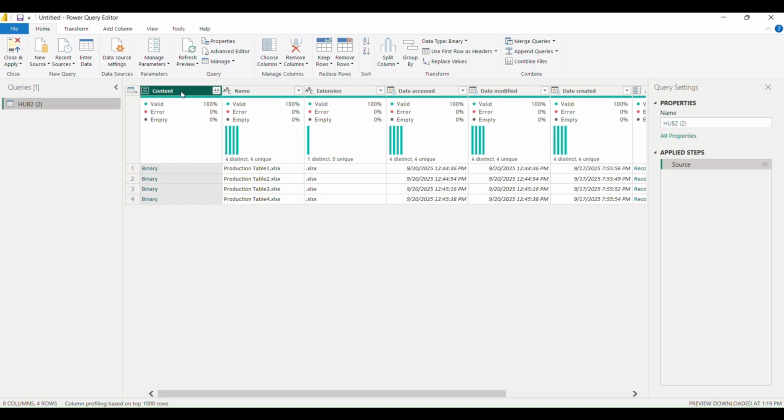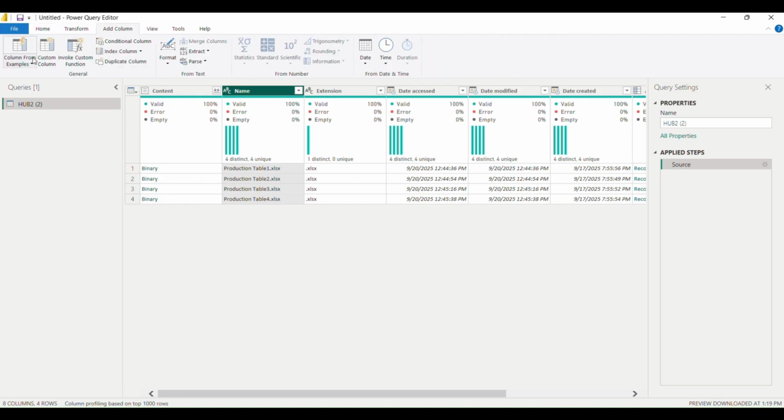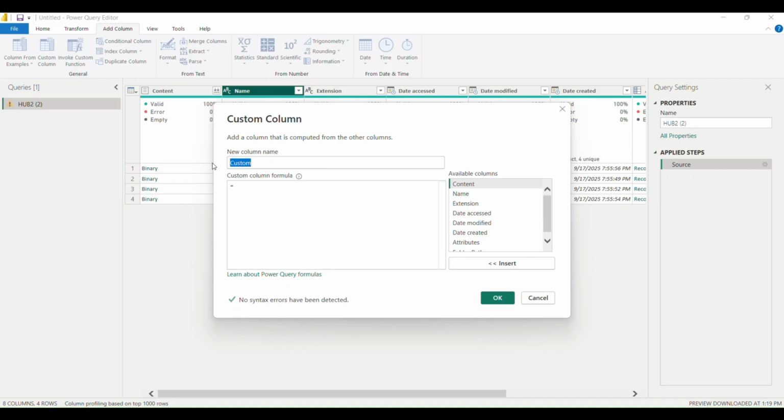The other way that I want to show you is to click on any of these columns and go to Add Column, Custom Column, and here we will say Excel.Workbook, a very simple function which will pull out our tables from the first column, the binary.